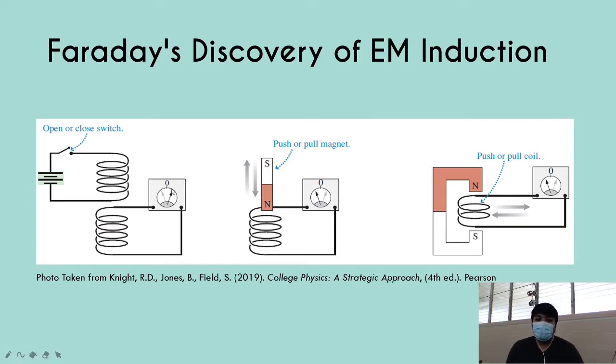Now, if you can see in his experiments, when you open or close the switch here, there is a current here. Now remember that your current also produces a magnetic field. Direction is indicated by the right-hand rule, so there is a magnetic field here. I'll just not indicate its direction. Okay? So from zero magnetic field, you have a magnetic field passing through this coil of wire here,